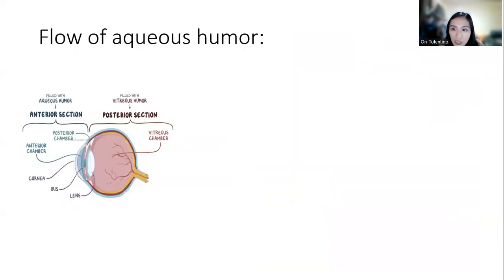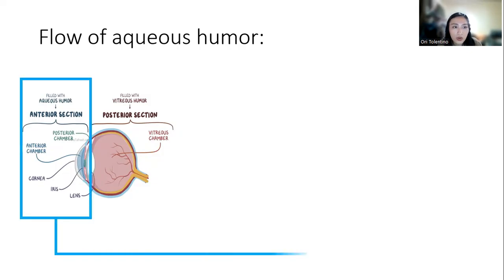Okay, as promised, now that we know all the significant parts of the anterior eye, we can now discuss the flow of the aqueous humor that happens here. First, we divide the eye into anterior section in front of your lens, and posterior section behind the lens. So the anterior section is filled with aqueous humor, while your posterior section, called the vitreous body, is a circular body filled with transparent gelatinous material called the vitreous humor. So the anterior portion of the eye is subdivided into two compartments.